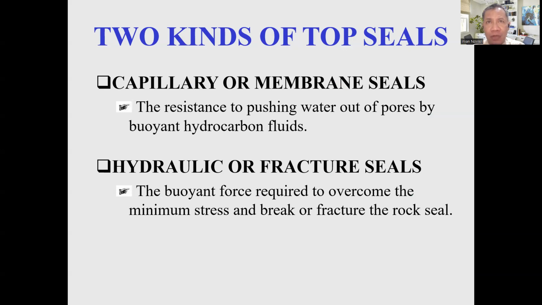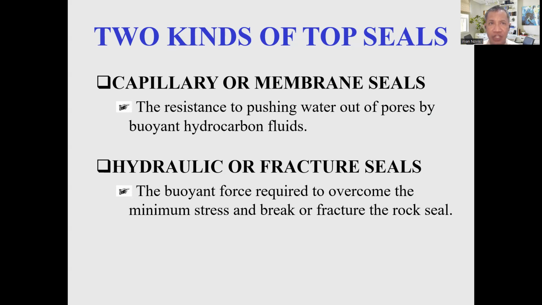There are two types of top seal in the context of petroleum concepts: capillary or membrane seal, and the second one, hydraulic or fracture seal. Capillary or membrane seals refer to the ability of hydrocarbon fluid to resist displacing water from the pores, the displacement of water from the pores by buoyant hydrocarbon fluids. These seals rely on the capillary force and the resistance they provide to maintain the integrity of the seal and